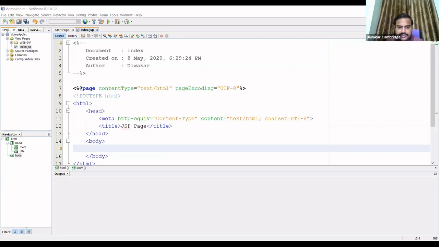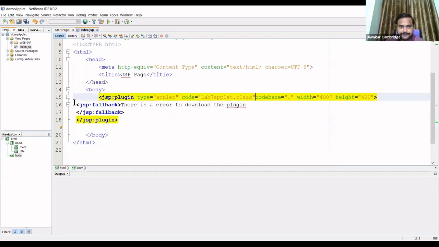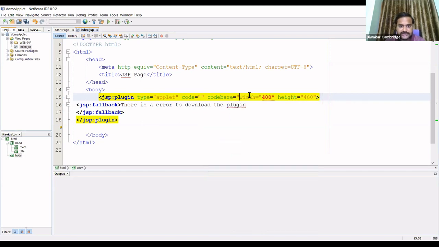I'll take this JSP plugin action tag. Now you observe here, I'll just take a minimum of attributes to demonstrate this project.